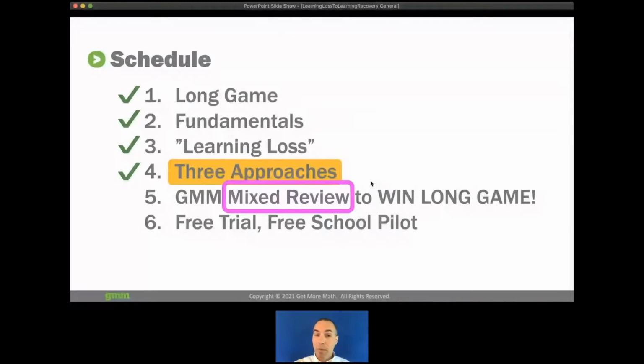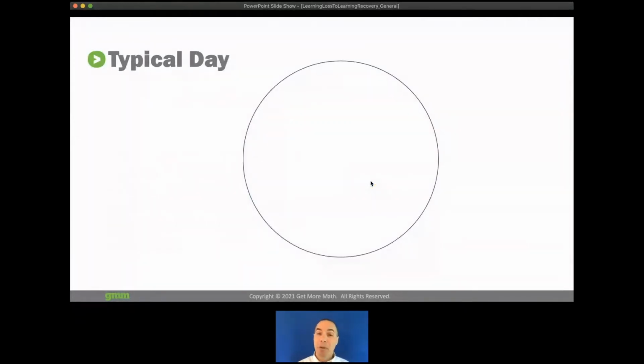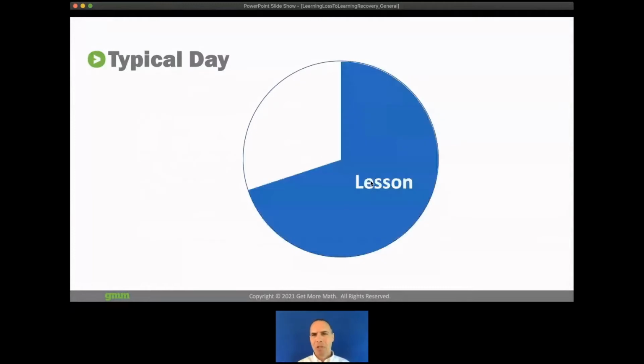So just a quick word about Get More Math. It's something I made for myself to address long-term retention. It was after that frustrating beginning, the first couple of years really, when I realized I needed to do something different. Because if you looked at my typical day, the first couple of years of teaching, and you made a pie chart of the minutes that I spent in the classroom,